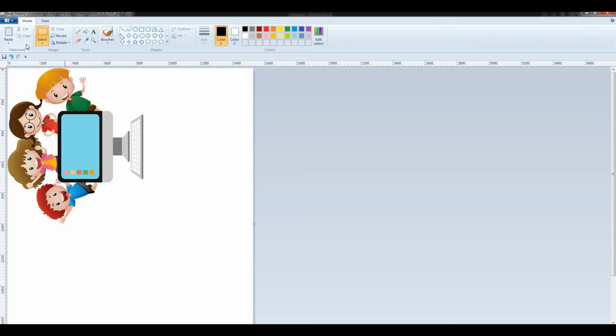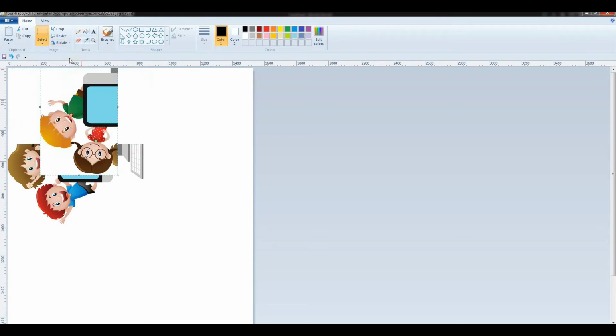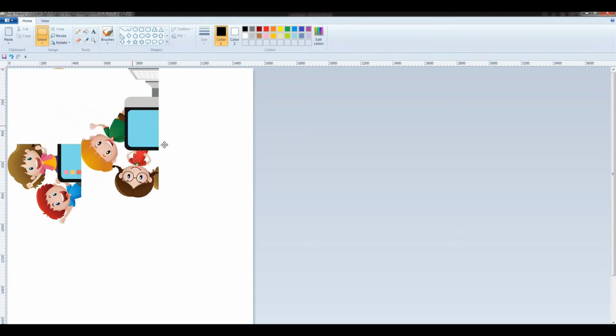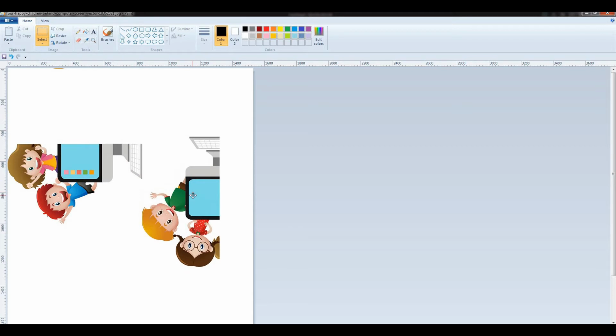Now to rotate text or part of the picture, students, same on the Home tab in the image group, click Select. Now drag the pointer. I am going to select the part of an image. Now click Rotate and then click the rotation direction. Like I am going to select the rotate left 90 degree. You can see the selected part of the picture has been rotated.